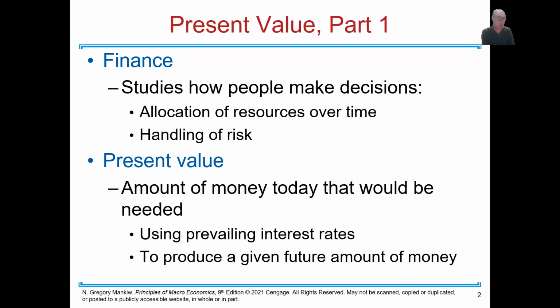With respect to present value, we look at the amount of money that you would invest today based off of the amount of money you would need in the future. So, for example, let's say you want $100,000 in your savings account in 10 years from now. Well, how would you figure that out? How much would you need to invest today in order to generate $100,000 in 10 years from now? Call that the present value of money.